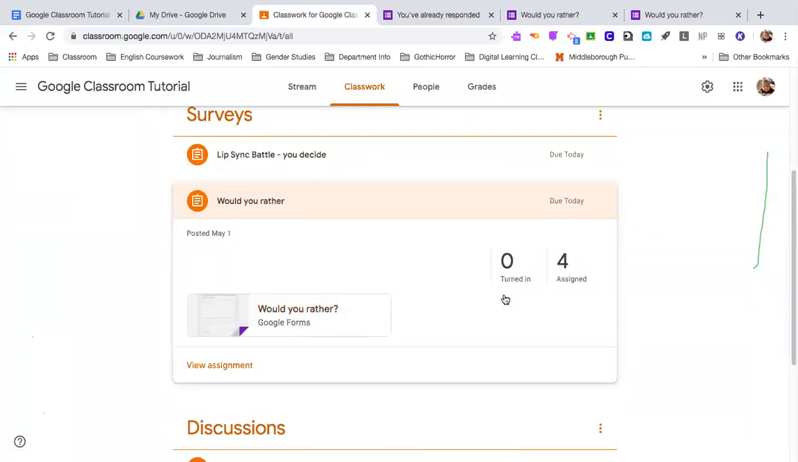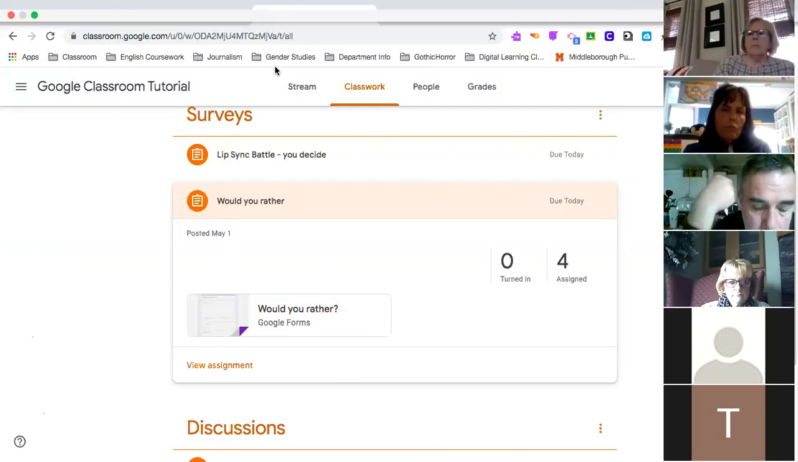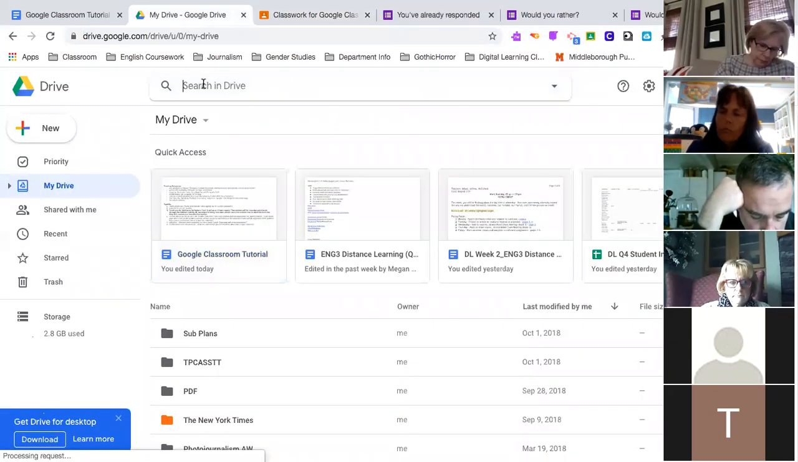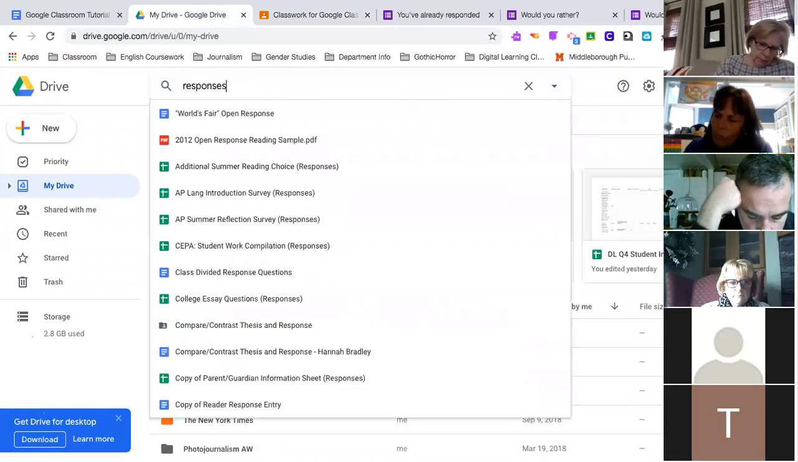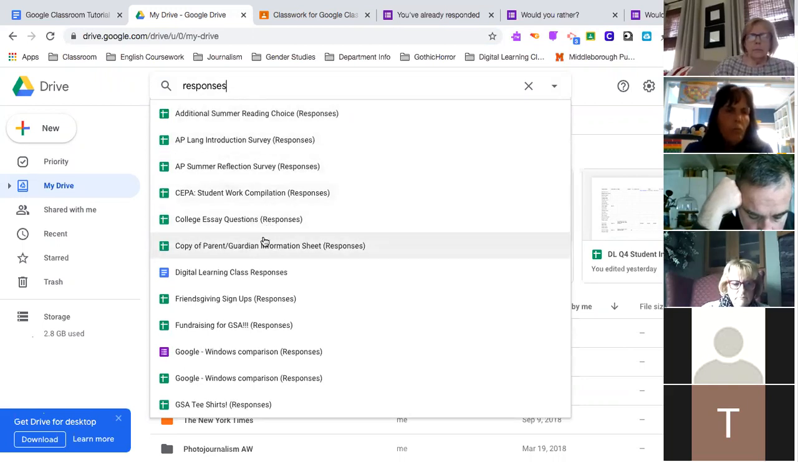Can I get a thumbs up if you would like to see one of my responses from another class? Like if you want to see the Google form that turns up when I actually do a Google form. Okay, so bear with me for a moment. You can see that these are just copies of the responses that pop up. I'm looking for,